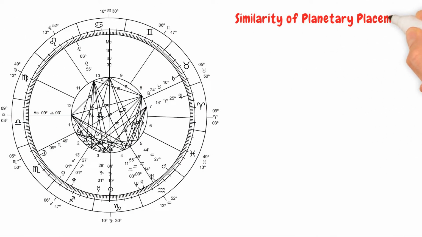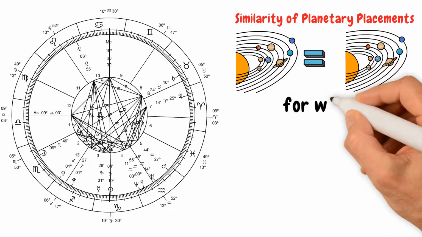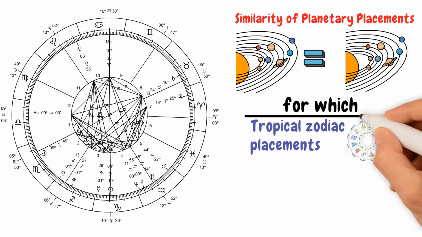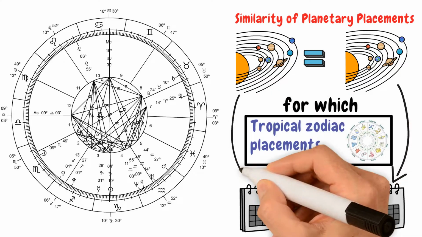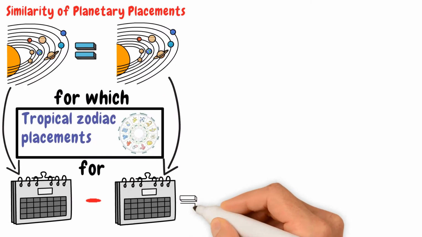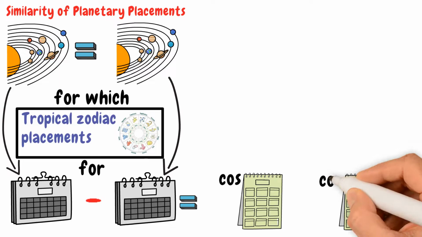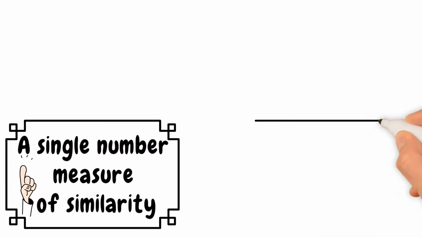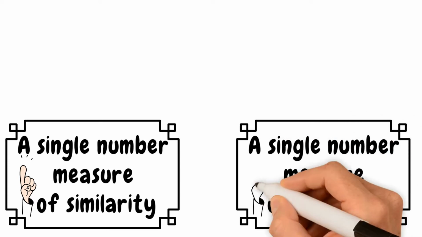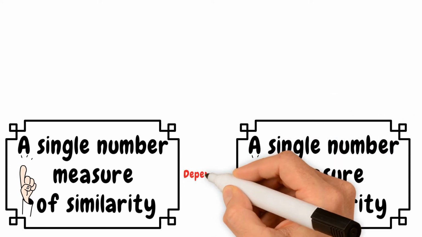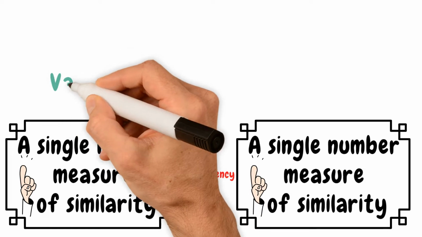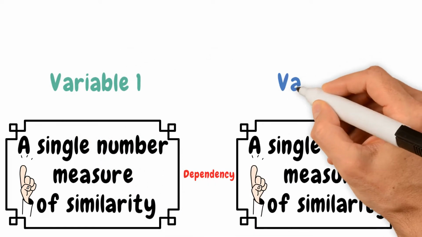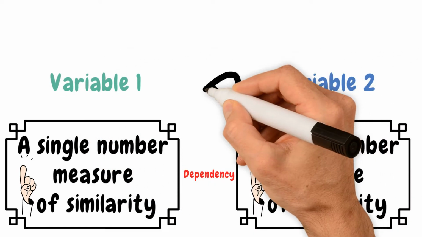The next part is to find the similarity of planetary placements, for which tropical zodiac placements for dates of each event pair were subtracted, and the sum of the cosines of these differences gives a single number measure of similarity. And at last, to find how both the similarities respond to each other, a measure of dependency was used, as